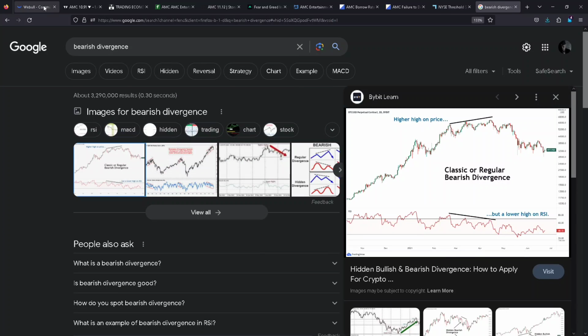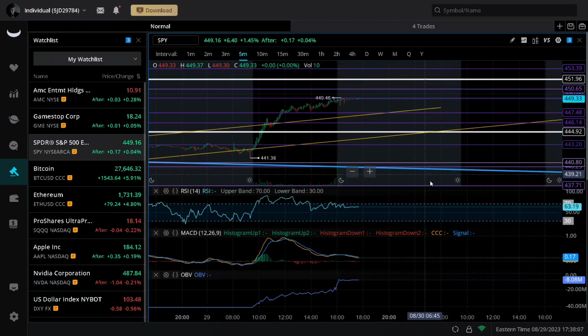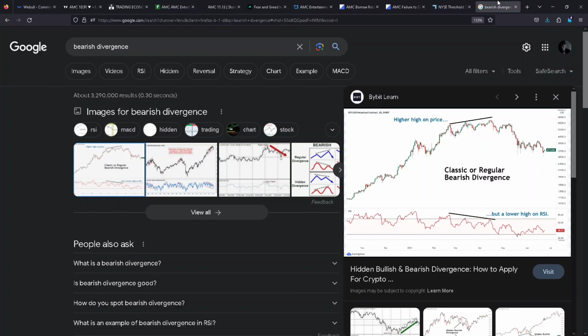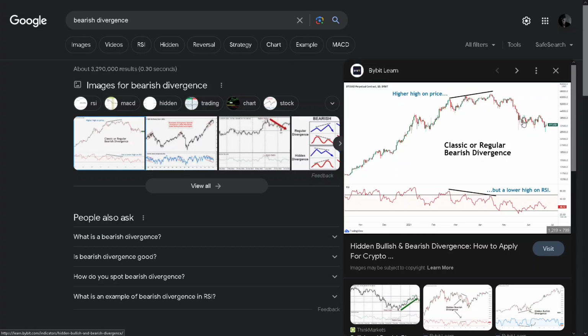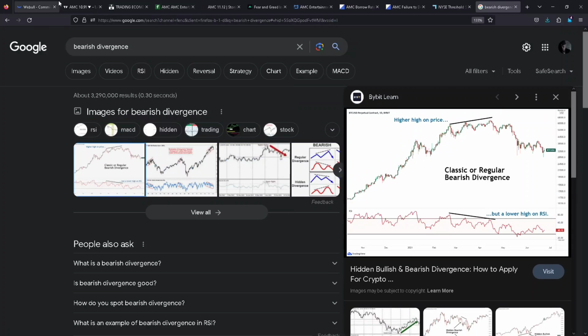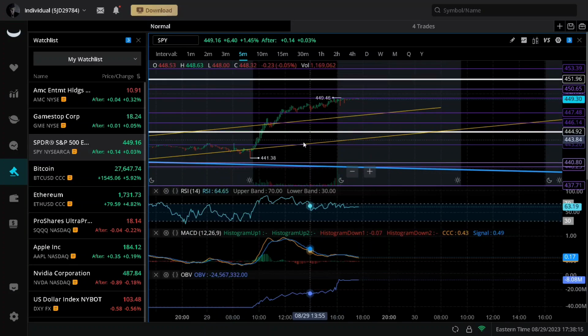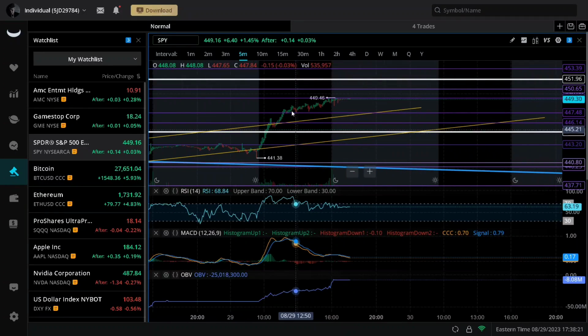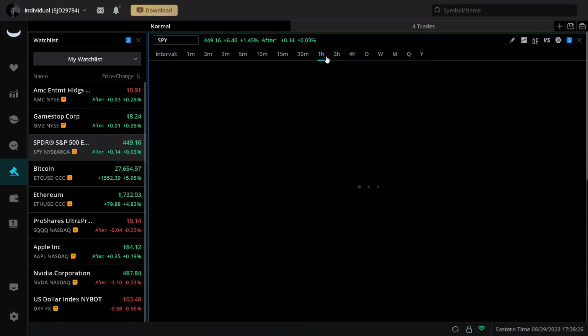And bearish divergence always plays out. It always plays out. It's just you never know when it's going to play out. You can see what happens after, the price has a pretty sharp crash to the downside, especially if you see bearish divergence. This is a sign of a very unhealthy rally, and a sign of a bull trap. So I do think SPY is setting up a bull trap, in my personal opinion.